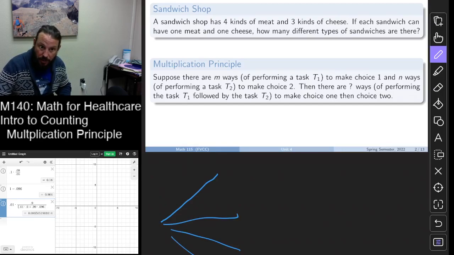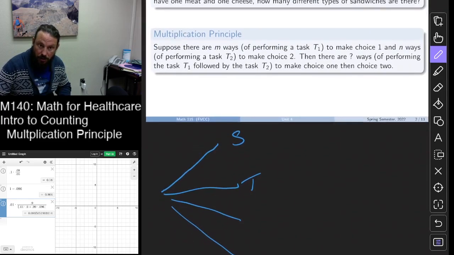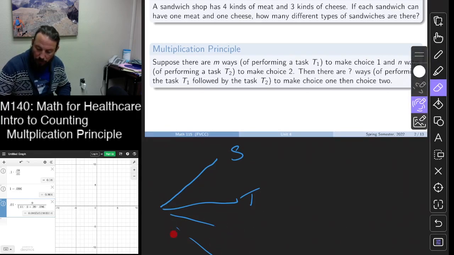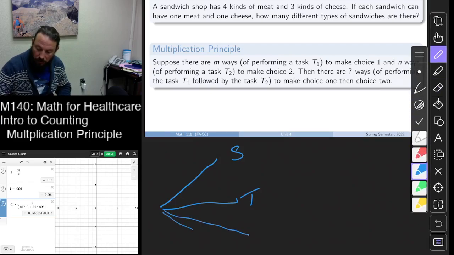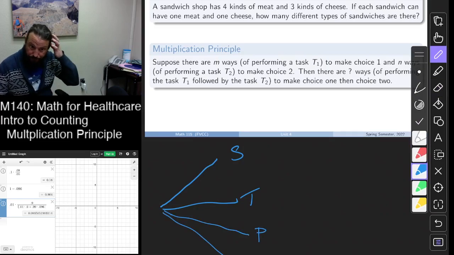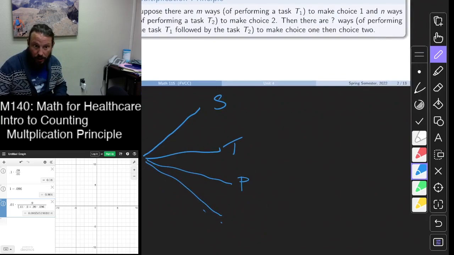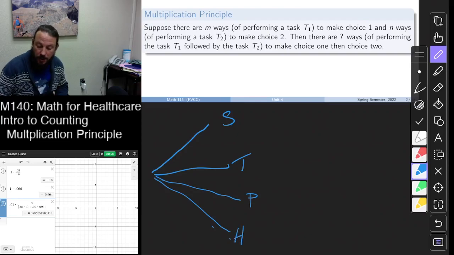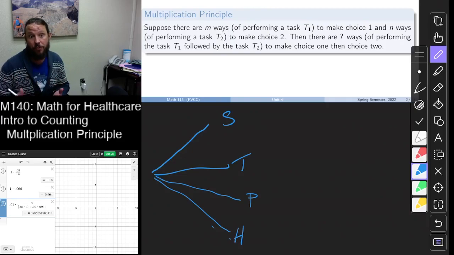Let's say salami, turkey, pastrami, and ham. Now, once we pick one of those meats,